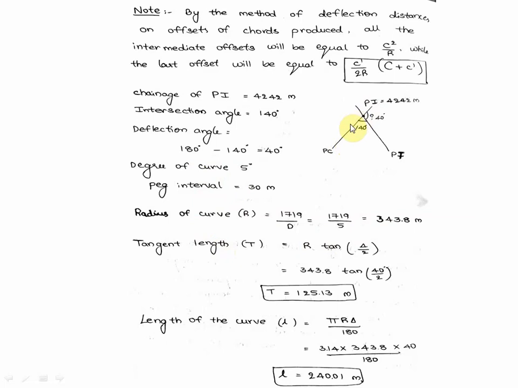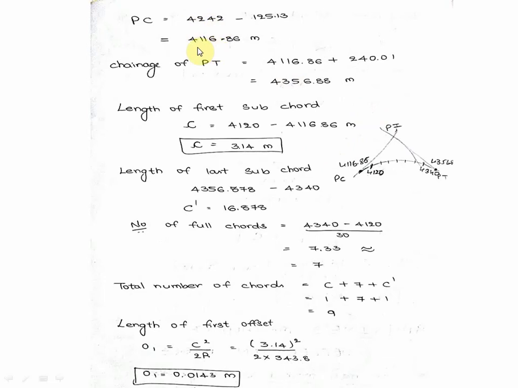Again, the tangent length is R tan(delta/2). Again, the length of curve is pi R delta by 180. They have given the chainage of the point of intersection. So to get the chainage of the point of curve, you need to deduct the tangent length from the chainage of the point of intersection. Chainage at PI minus tangent length gives the chainage at PC. So you will get